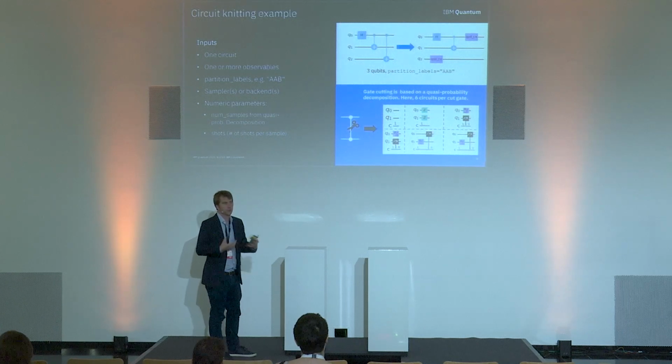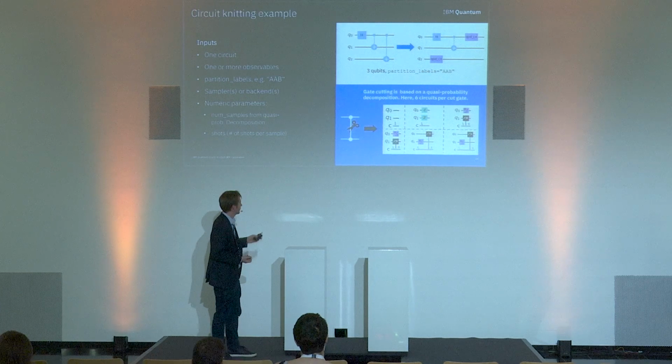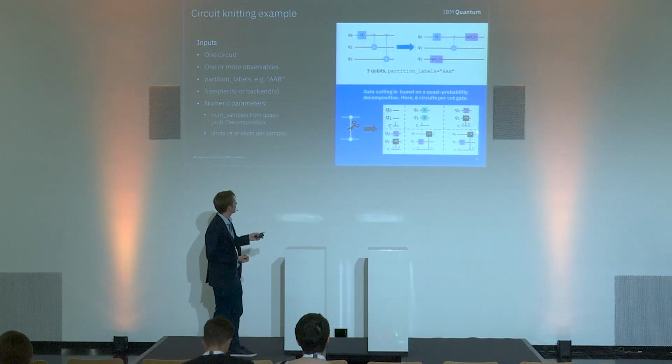So you can think a little bit, this is where classical resources will start coming into play in order to do all of this processing. Now, in this particular case, if I cut this gate, I have to execute these 6 different circuits. Sometimes I apply Z gates on the qubits, sometimes a measurement, and so on.